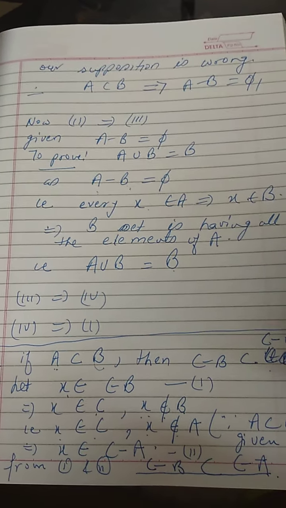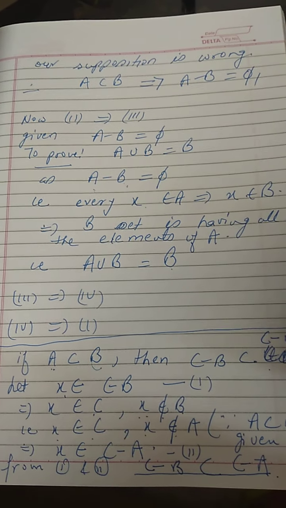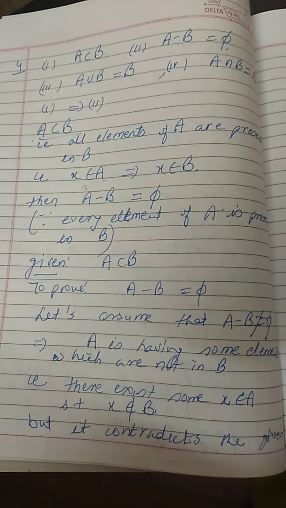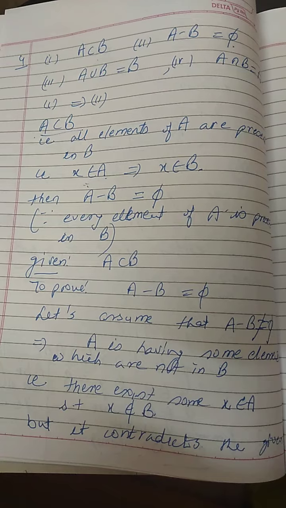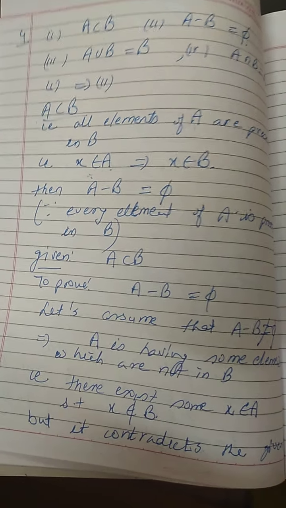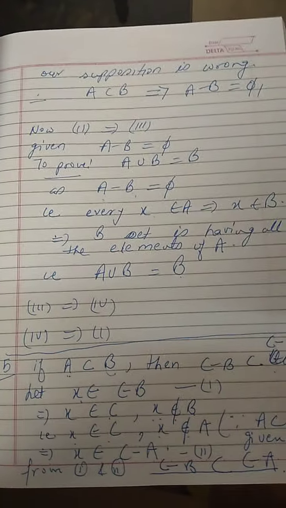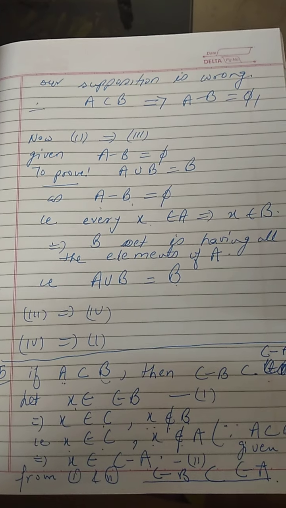I hope you can do it now. So first 5 sums of the exercise you people have to complete. This is sum number 4. Again I am showing it. I hope the steps are clear, and the same way you people have to do the remaining 2 parts, 3 to 4 and then 4 to 1.